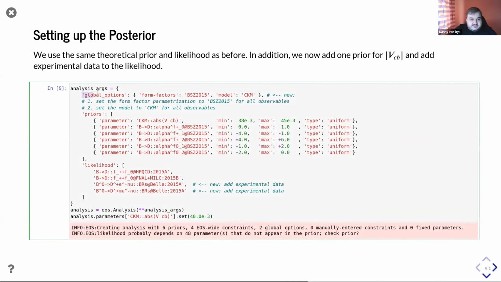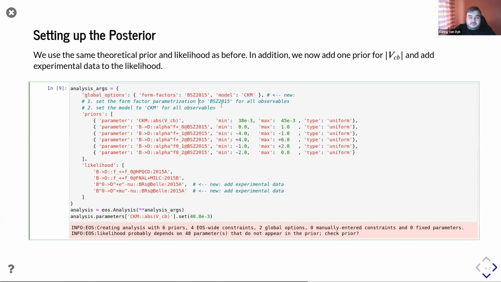So this first line here is new. It sets some global options that affect all of the observables that are used within the analysis. So all of the observables that are created as part of the likelihood will be affected by these options rather than providing them individually.